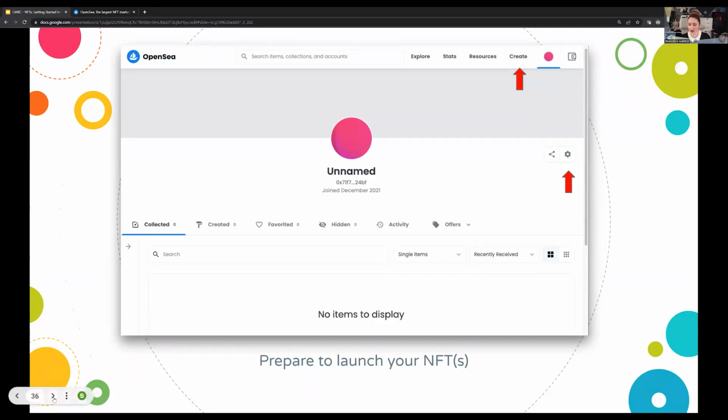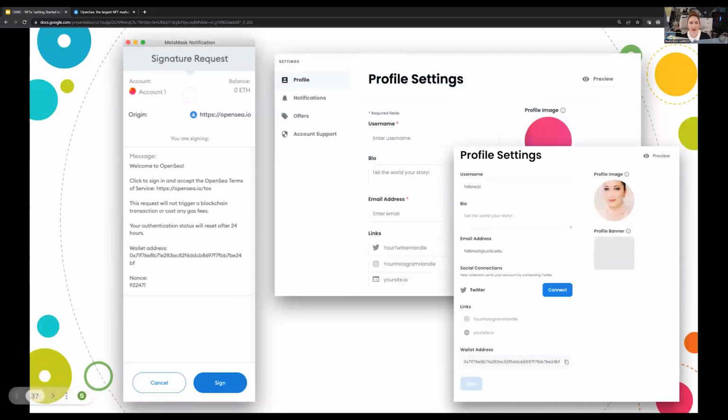Once you're there, you'll be prompted one more time to sign in, probably for terms and conditions for OpenSea as you're updating your profile. Go ahead and fill this out and add a picture. You can just say sign. This is just to verify your account and that you'll be responsible for any gas fees and that sort of thing. Then from there, you can set up your profile.